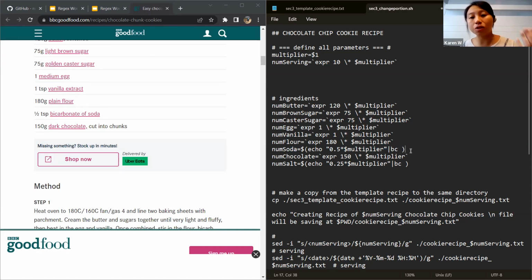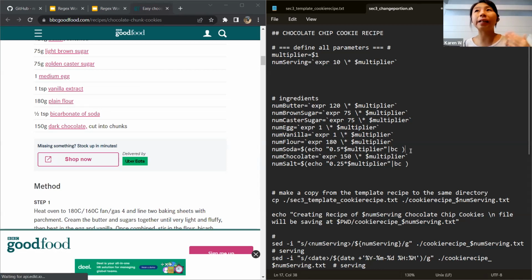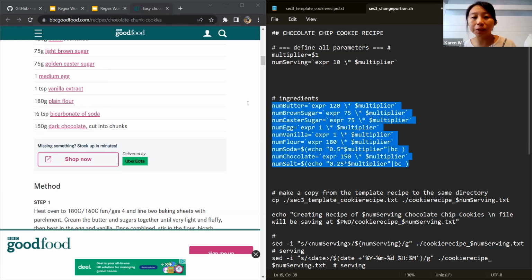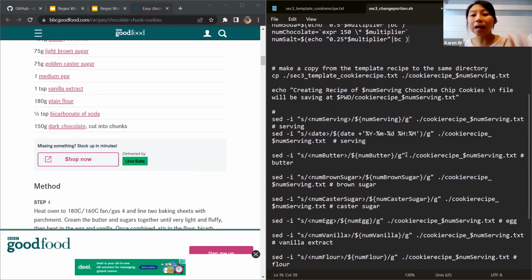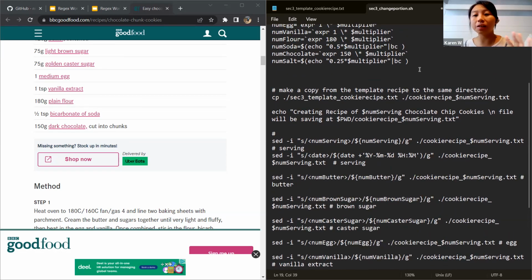This is just a way to do a multiplier, because in a script, like in any type of programming language, a whole number, which we call an integer, is handled differently than a decimal number, which we call a float. Just a little extra information. So this is how we do it, and we set all the ingredients and multipliers, and now everything is ready.